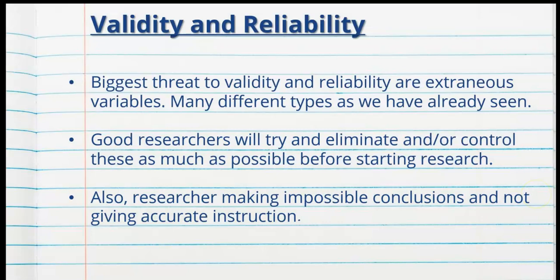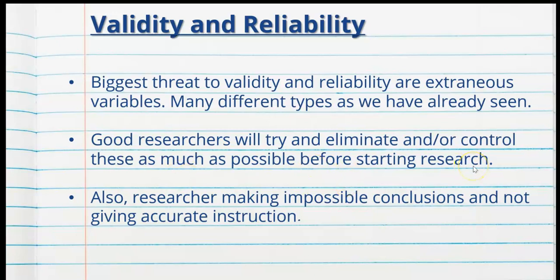So the biggest threat to validity and reliability are extraneous variables, which I've talked about in my previous video. There's many different types, as we've already seen. So good researchers will try and eliminate and/or control these as much as possible. It's usually impossible to control every single one, but try to eliminate as many as ethically and scientifically possible before